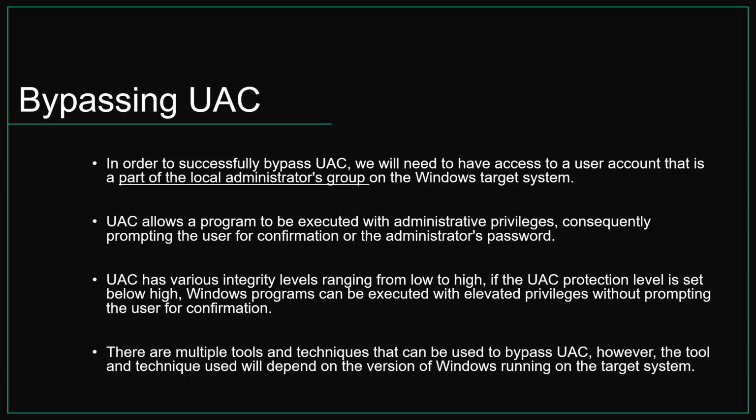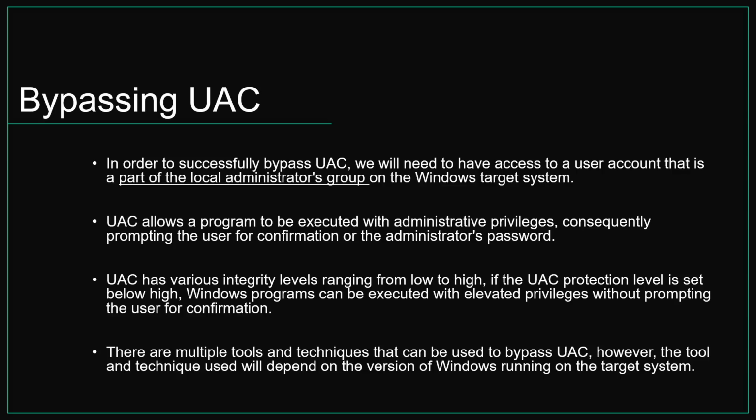So UAC allows a program to be executed with administrative privileges, consequently prompting the user for confirmation or the administrator's password. So this is what we're trying to bypass, right? Because if we have access to the target system via a reverse shell or Meterpreter session, whenever we try and execute a program with administrative privileges, it's going to open up the consent prompt on the target system, but we cannot access it because we don't have physical access to the Windows target system. And as a result, the end user or the individual using that system may click on yes or may click on no. So again, that's something that can be quite difficult to deal with, and this is where the UACMe